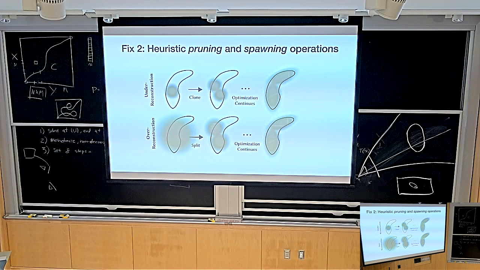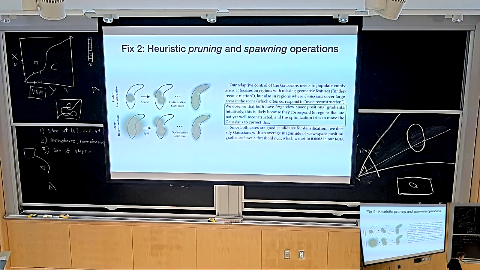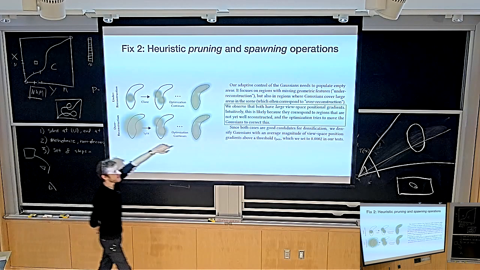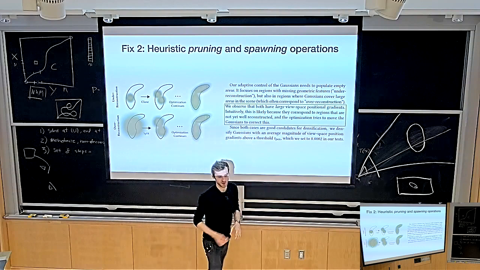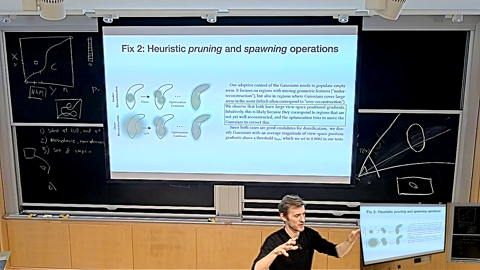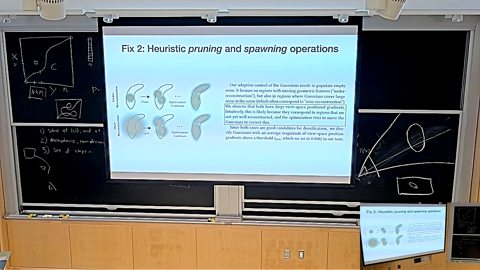And what is the criterion you use? The criterion they use in the paper is view space positional gradients. So what they do is they use the differentiable renderer. They render the point cloud. And now they're going to take the gradient of each Gaussian relative to its position. So they ask, how much does my optimizer want to move this Gaussian? And this is a pure heuristic. They're basically saying, we have observed that in the areas of the image that are currently not well explained, the gradient of each of the Gaussians with respect to their position